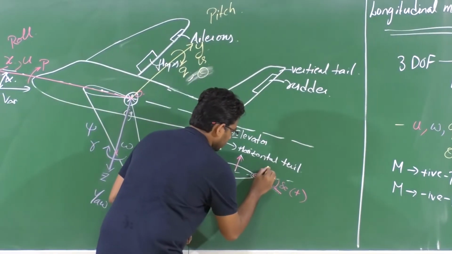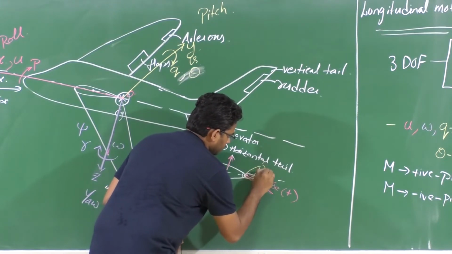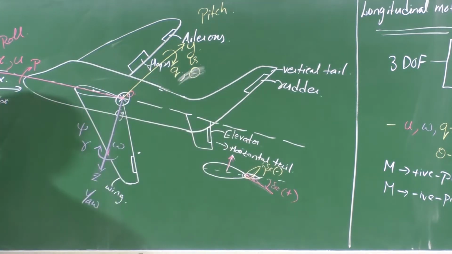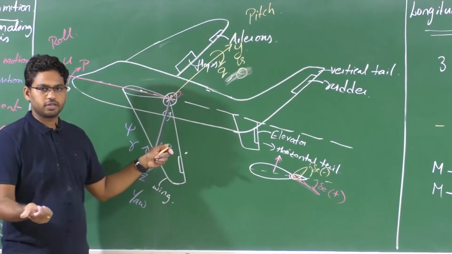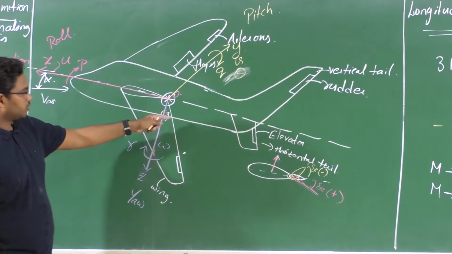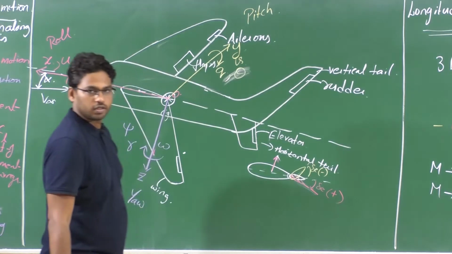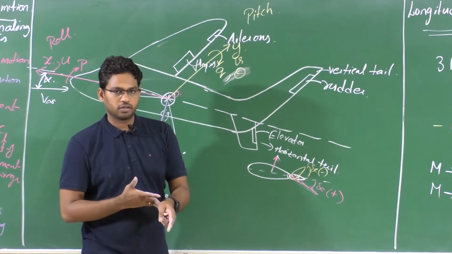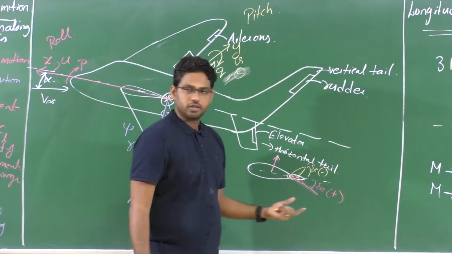So if this is delta E, then it is negative, right? So the elevator is what creates the orientation control along the pitch axis, isn't it? In the longitudinal plane. So controlled by elevator, right? The corresponding moment that is generated due to elevator deflection is a pitching moment, isn't it? So if this elevator produces a negative pitching moment, if deflection of this elevator helps the aircraft with a negative moment, then we say that particular deflection is positive deflection.